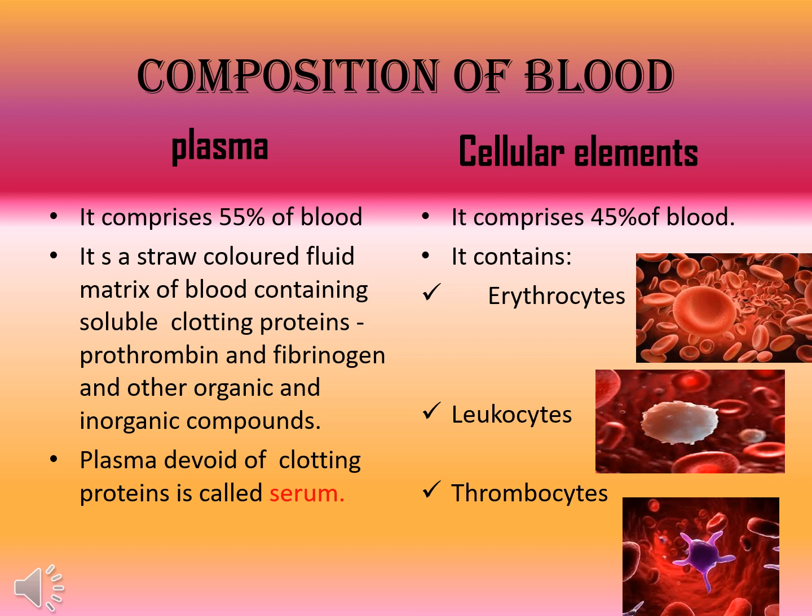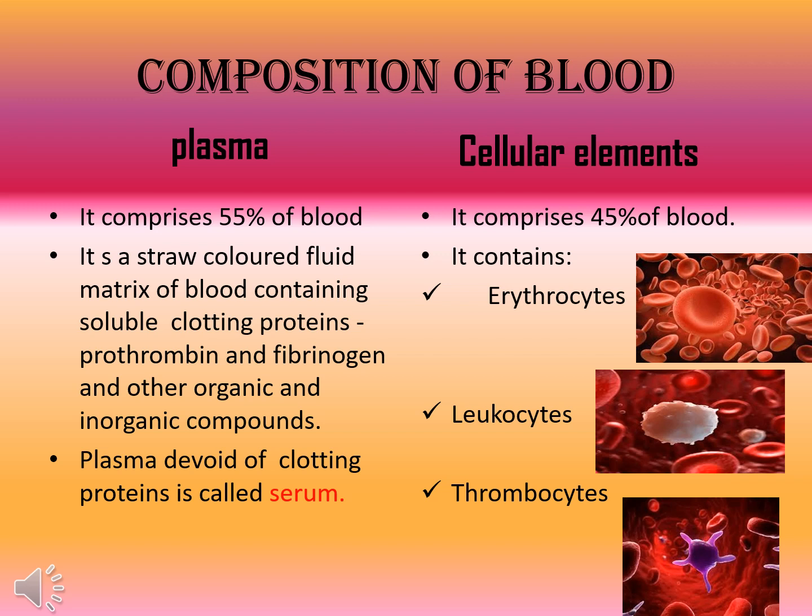It contains erythrocytes, commonly known as RBCs. RBCs are nothing but red blood corpuscles. I've heard a few people say red blood cells. They're not exactly cells. They don't have a nucleus. So you can say they're actually dead cells because they don't have a nucleus. But that's why it's called corpuscle. Corpse means dead. So it's called red blood corpuscle.